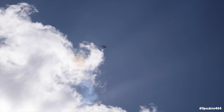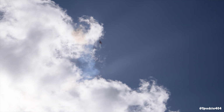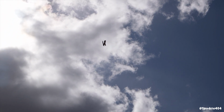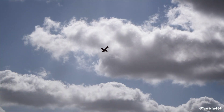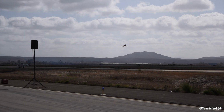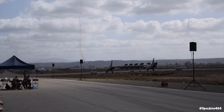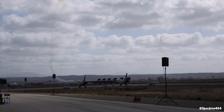Now watch him as he does the torque roll. All the controls are reversed. He hangs it on that Hartzell propeller. He's now going 50, 60, 70 miles an hour backwards, almost 500 feet in reverse. Nobody does it like Sean D. Tucker. Now, I want you to watch as Sean dives in. He sets up for a rehearsal, and that's to